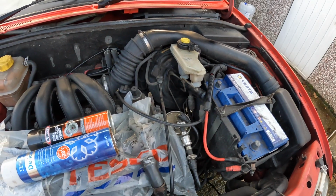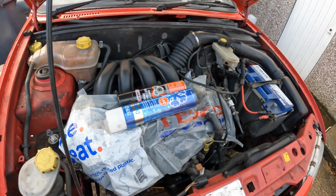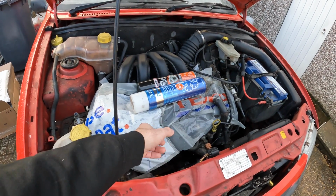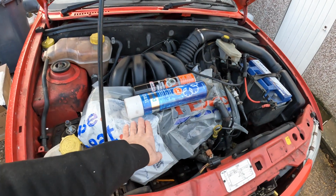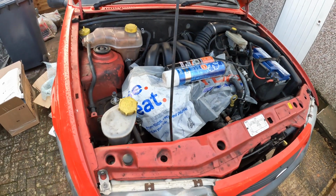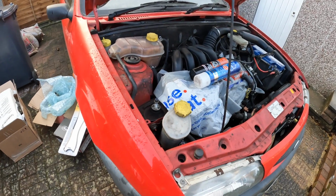Pretty much the time it's taken from when I sent the fuel pump away to getting it back has been about a month or so, but the weather hasn't been too cold. We haven't had any frosts or anything, and I've made sure that it's all oiled up under this cover. I've had a couple of bottles on top just to make sure it doesn't fly away. But yeah, hopefully today we're going to get it all back together and get the new timing belts on